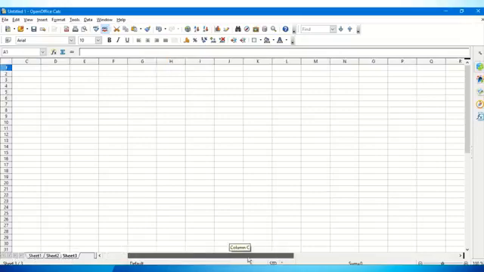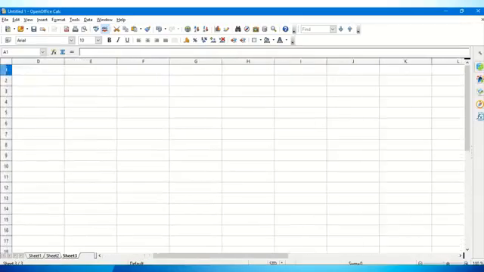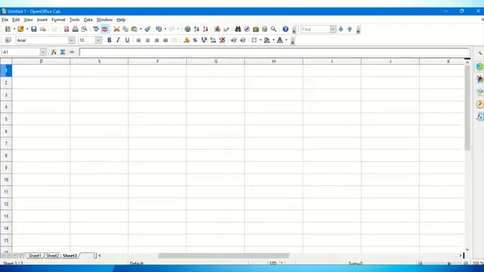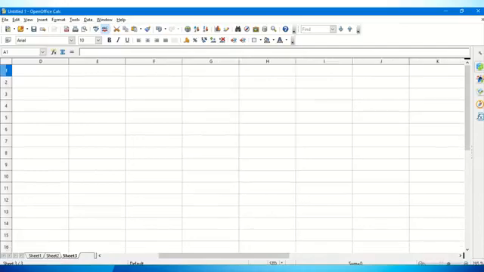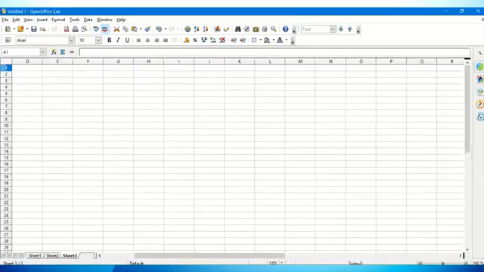Now here are your standard zooming options. Increasing the percentage of zoom or decreasing the percentage of zoom can be done from the zoom buttons over here, which are to the extreme bottom right of the screen. So these are your zoom buttons, and here below you can see any functions which are used. You can see it over here in this particular position. So basically this is the actual basic layout of your Calc sheet.